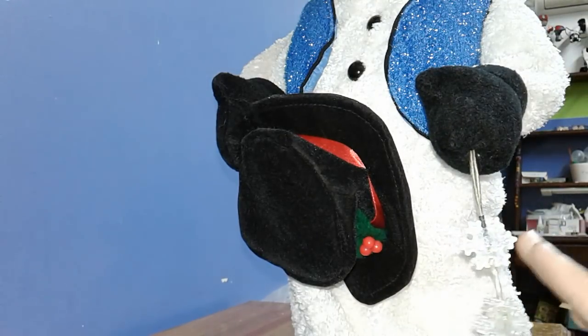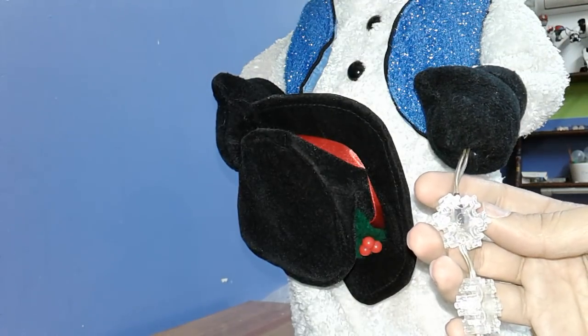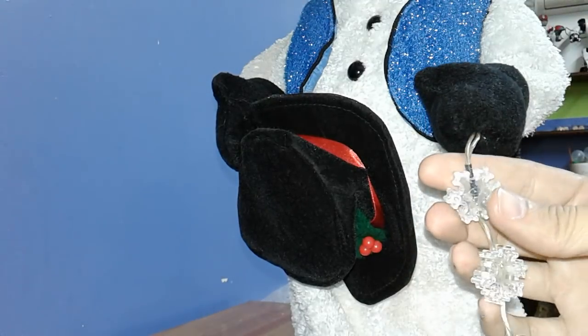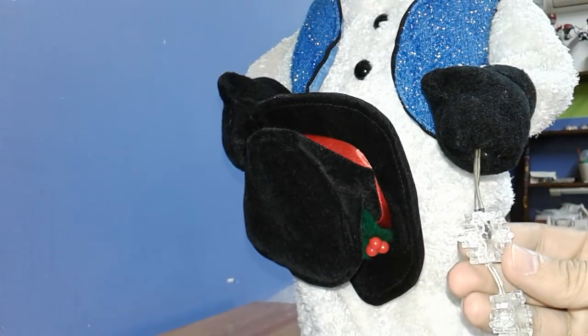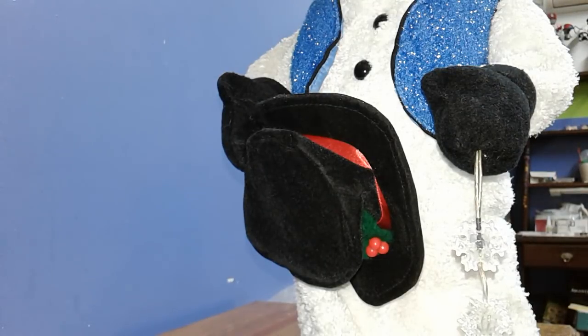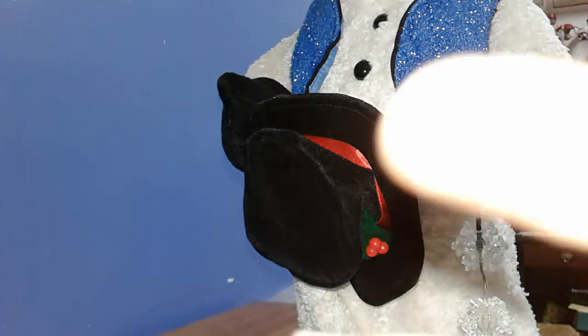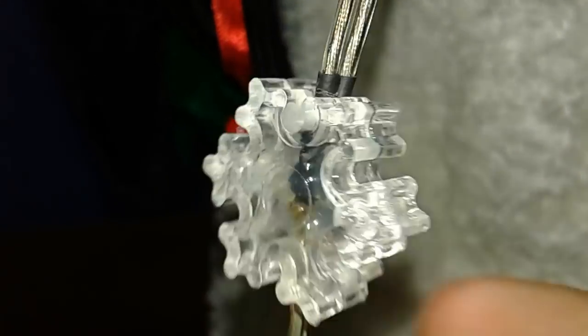And of course, if you want to make your Snowflake spinner last, you better put heat shrink tubing at the solder point where you solder it to the first Snowflake. I will admit that I was supposed to have clear heat shrink tubing, but as I wanted to have everything ready for Christmas, time was literally on my ass. I did have the clear heat shrink at one point, and it's a lot more flexible than the regular black, which I'll show right here. But it's what I had at the time, and as soon as I get some transparent one, I'll try